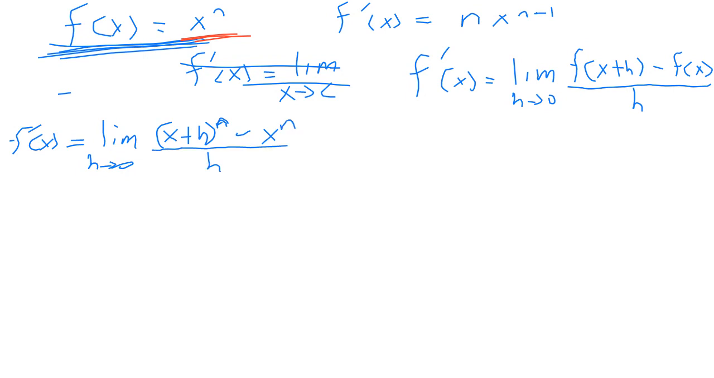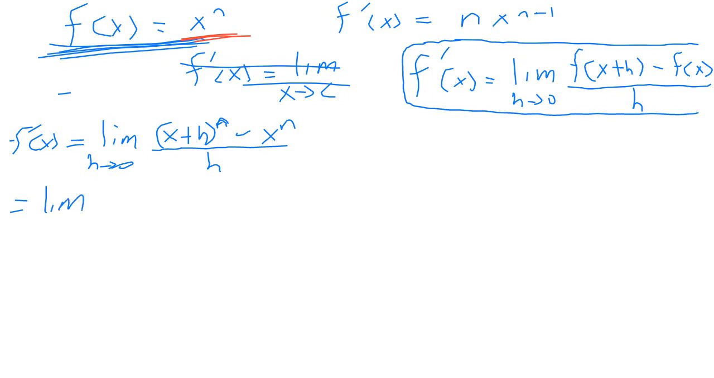So substituted in this formula right here, I replaced f of x with x to the n. And of course, for f of x plus h, you have to replace the x with x plus h. So I'm going to expand that now, based on the Pascal thing that we just did, the binomial theorem. That's going to be limit as h tends to 0. So I'm going to expand that x plus h to the n. That's going to be x to the n plus n times x to the n minus 1, h, plus 1 more,